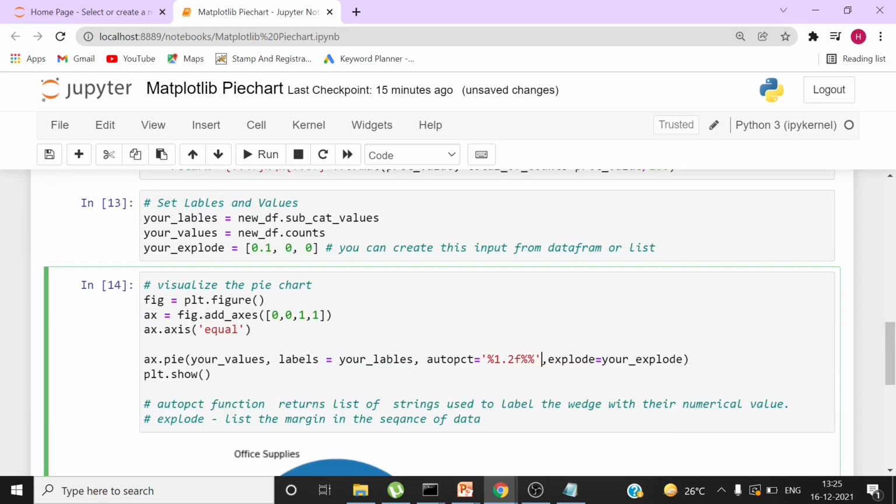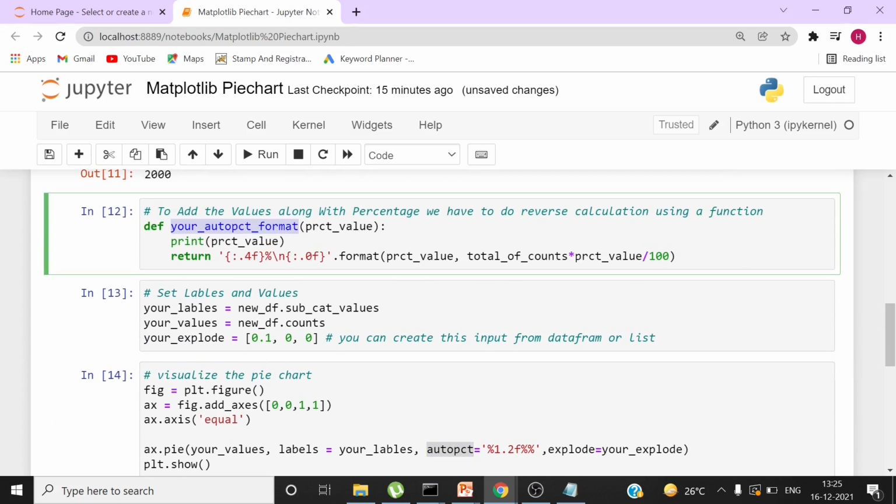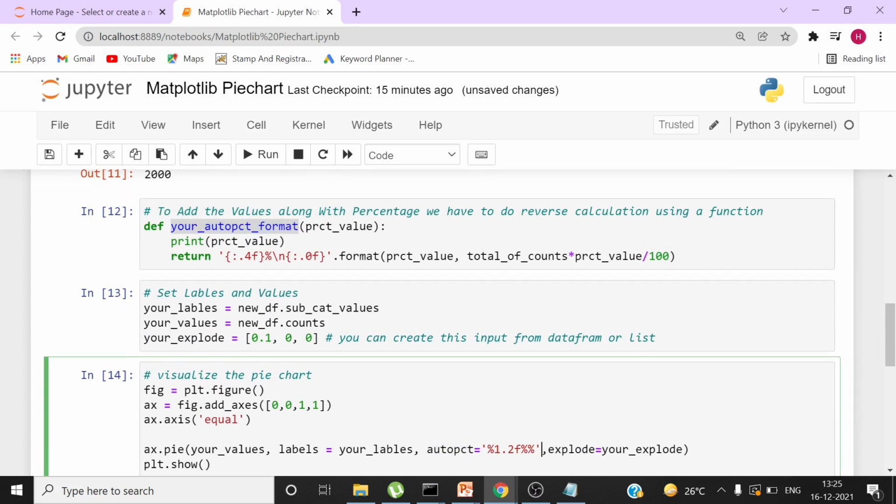Finally, we have to reset everything again, and set this autopct value with the function which we have just created. I will copy this function name from here and pass that function name here so that the values are applied.